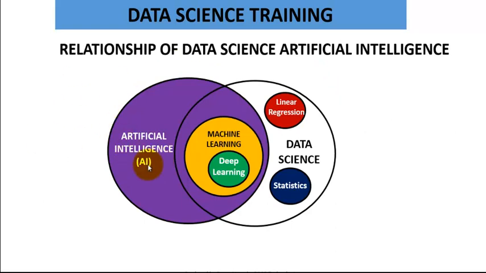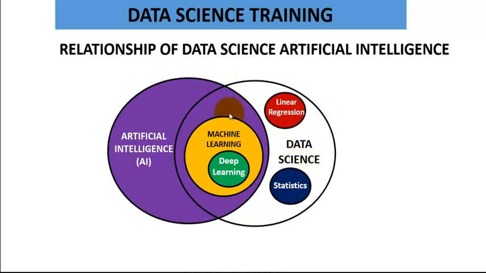That is AI. But you can see in the circle of AI, I have machine learning and deep learning, to tell you that the subsets of AI are machine learning and deep learning. So when you want to do AI, there is no way you will not know machine learning. And you have to go deeper and learn what we call deep learning. In our course page, we have AI and deep learning joined together. We try to remove machine learning because machine learning is also related to data science.